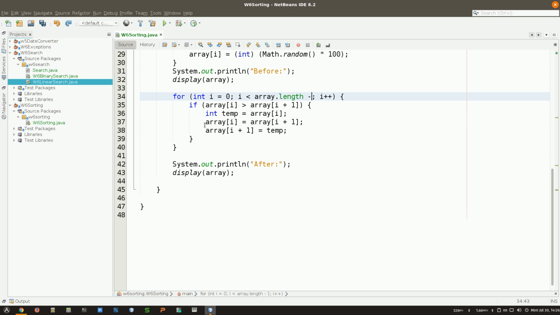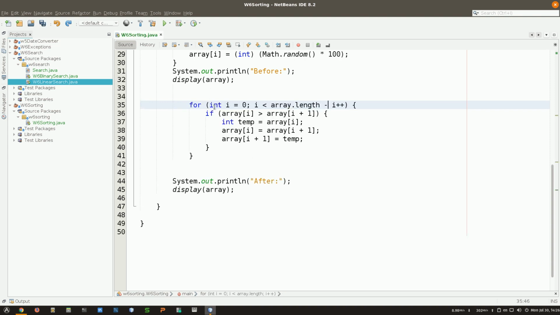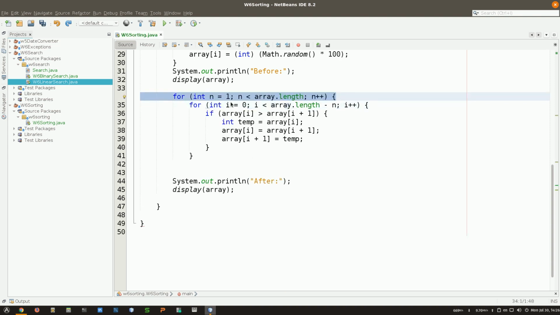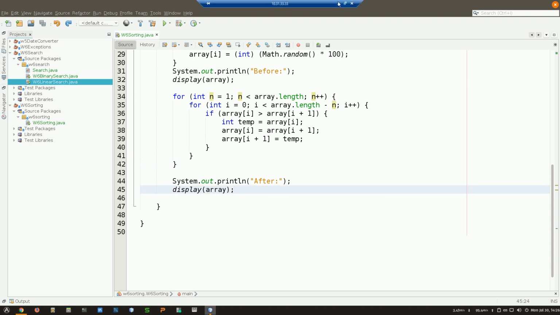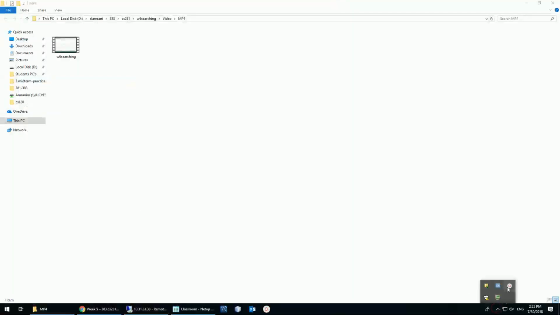And that's why in this outer loop, we don't start with 0, we start from 1. As you can see here, I don't have the exception. Okay? Welcome to sorting. That's not that difficult, but